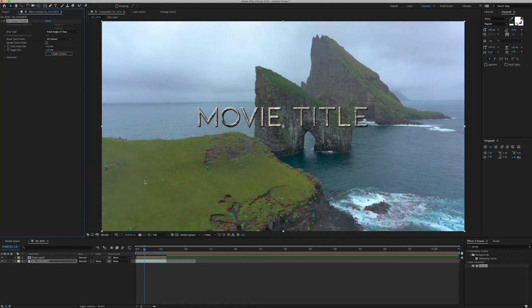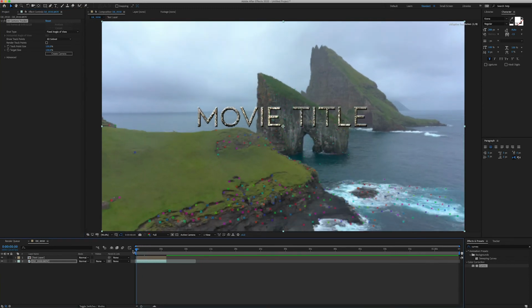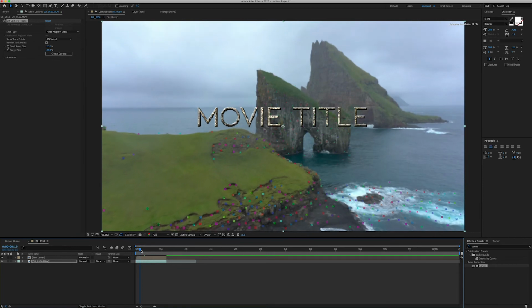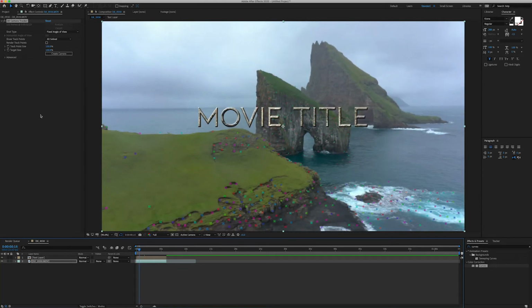Cool, now that that's tracked, you can see all of these track points have appeared, and if I scrub through the footage, they stick to the rocks and the things in the scene. If you can't see these, by the way, make sure this Render Track Points box is checked, because if it's not checked and we press off the layer, you can see they disappear. So I'm going to select back onto the layer, make sure this box is checked,